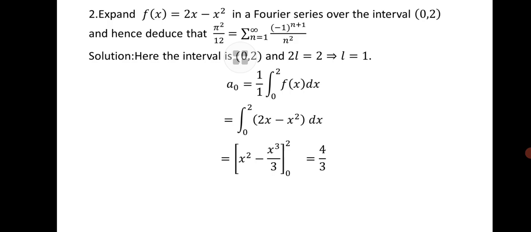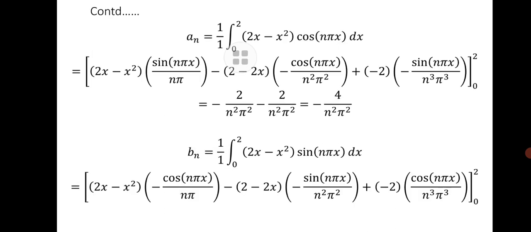The second example is f of x equal to 2x minus x squared. The same thing here, the interval is in the form of 0 to 2L, so L is equal to 1. Substituting in the a0 value, f of x is equal to 2x minus x squared, so after applying the upper limit as well as the lower limit, a0 value is 4 by 3, and an value is